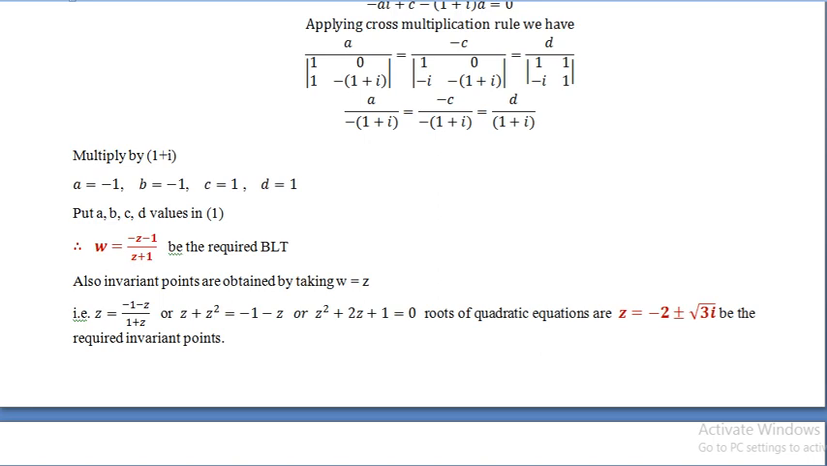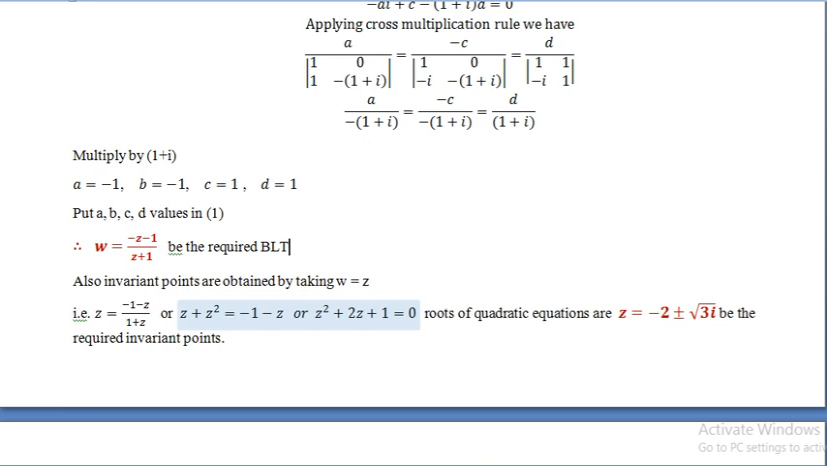Be the required bilinear transformation. So now we'll calculate invariant points by substituting w equal to z here. So z equal to (z minus 1) by (z plus 1). Cross multiply: z plus z square equal to z minus 1, or z square plus 1 equal to 0